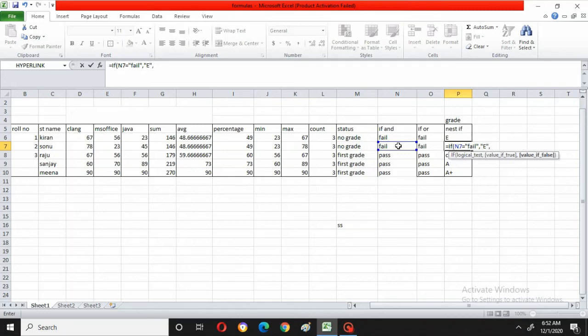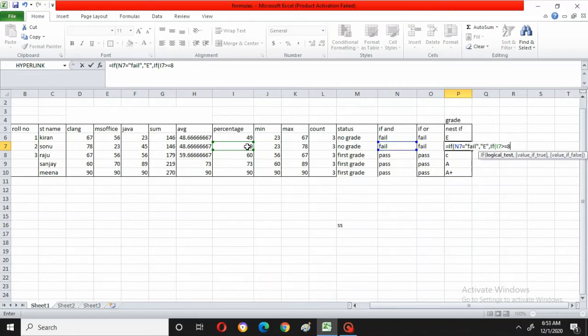Suppose if N7 is not fail, that means suppose if it is pass, then what you have to do? Now you have to give a condition for it. Okay, open bracket. Then what you want to show, where this percentage is, so where is that? I7. If I7 is greater than or equal to 80, right? That also codes you have to give.